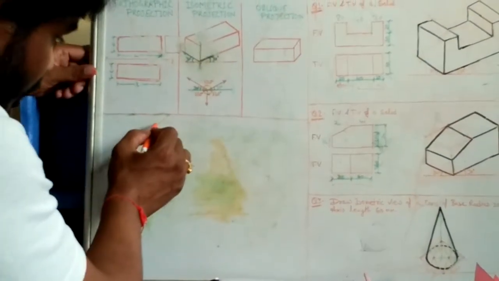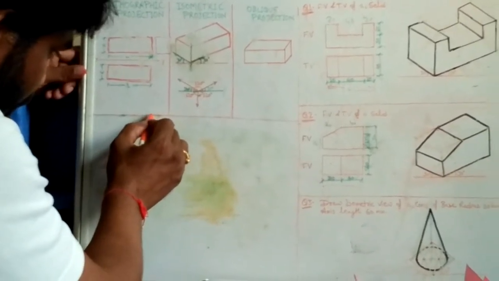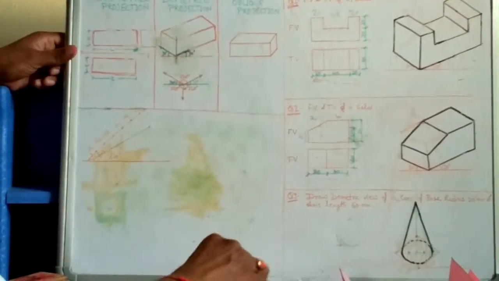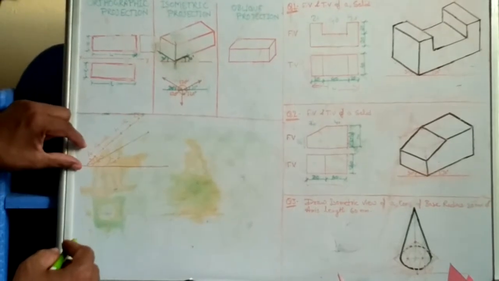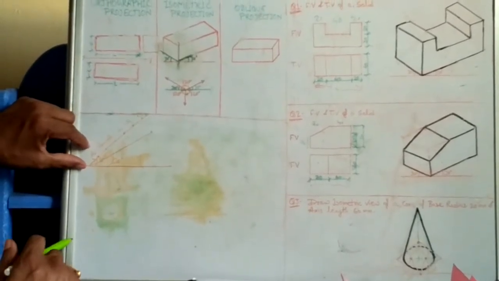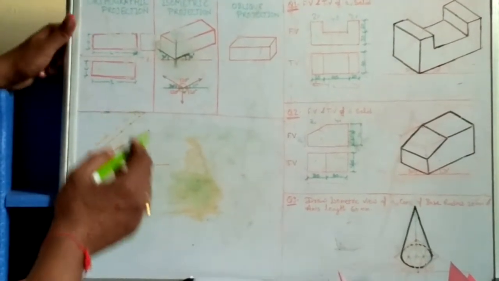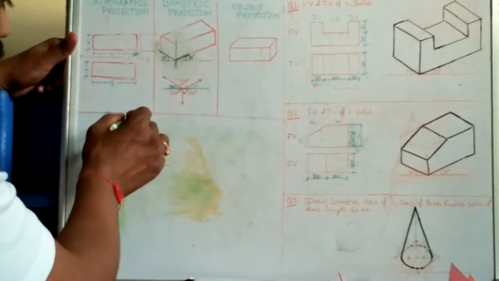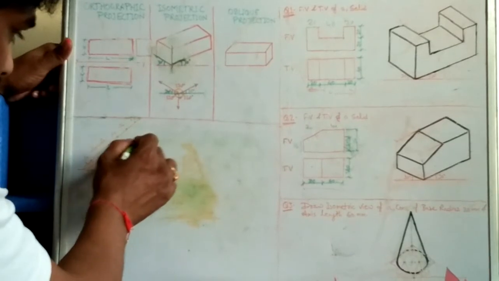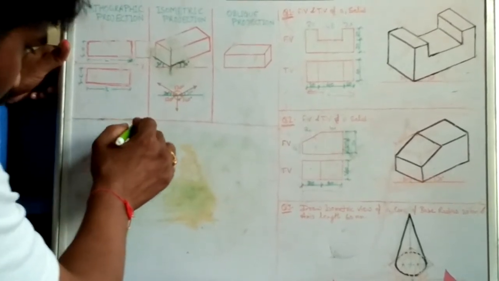and suppose this is 40 mm, this is 50 mm, this is 60 mm, and you can draw further. If you measure it by scale, this is actually 10 mm, this is actually 20 mm, this is actually 30 mm. After that, draw a perpendicular line on the line you have drawn at 30 degree, from this to this.